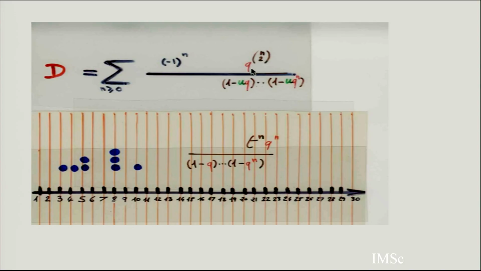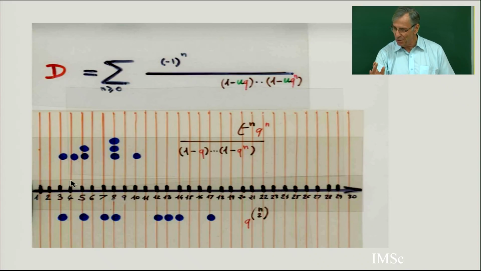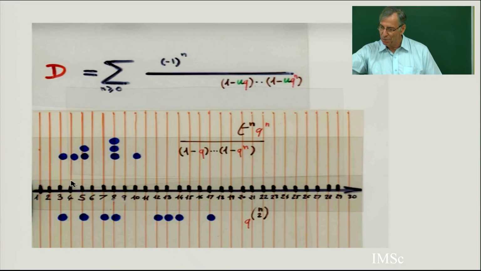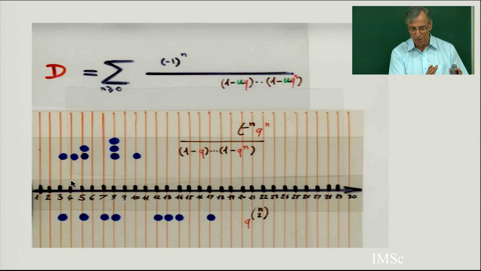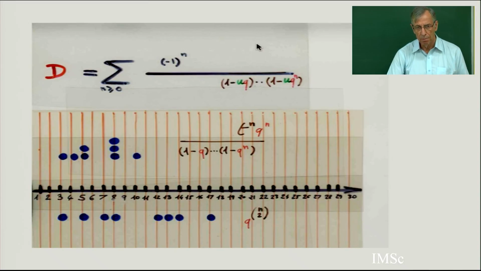So now I am going to multiply by q to the power n choose 2. This means you multiply by q to the 1 plus 2 plus 3 plus 4 plus 5, which means you transform your heaps of blue points into strict heaps of blue points. I mean, you shift the first one by 1, the second by 2, then by 3, by 4. So this is a very classical bijection between strict partitions and weak partitions. So now I have this generating function.